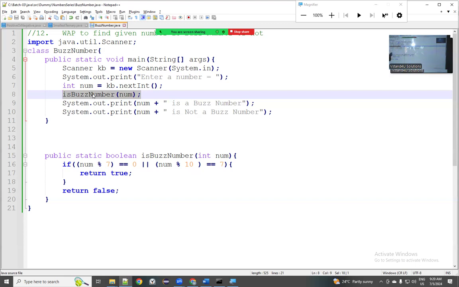Point is, whenever you write a method whose return type is non-void, returning is mandatory. Receiving is optional. You receive it or not, fine. See, I'm not receiving. What is coming? Either true or false. Am I storing it somewhere? It still works fine. Output is also coming. So ideally, being a good programmer, what should I do? Boolean, I'm taking a variable called